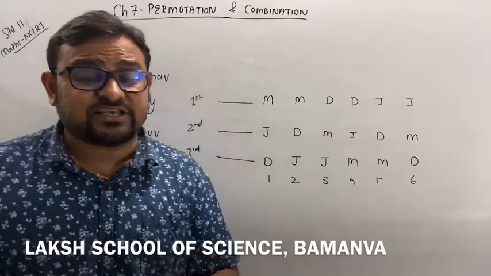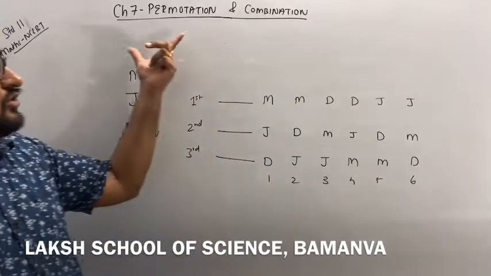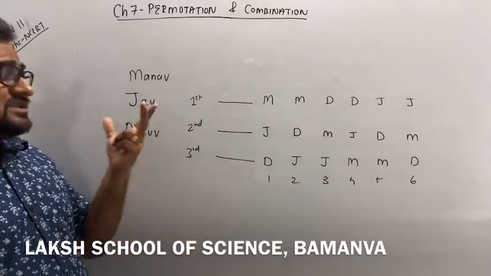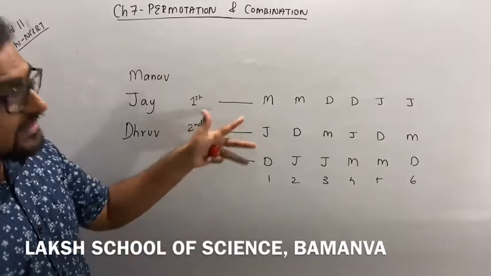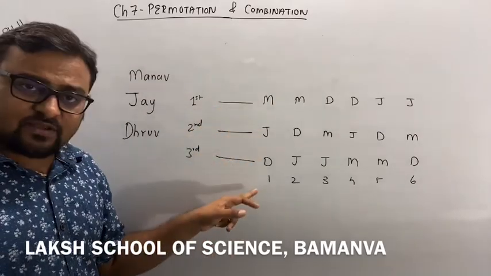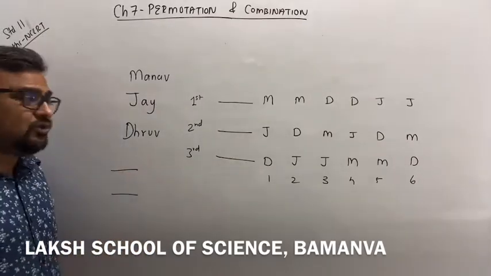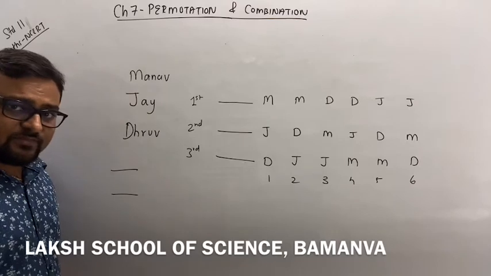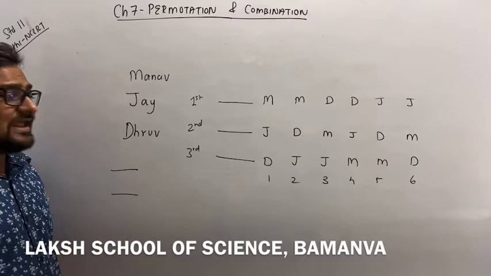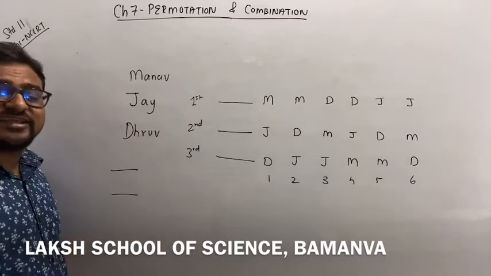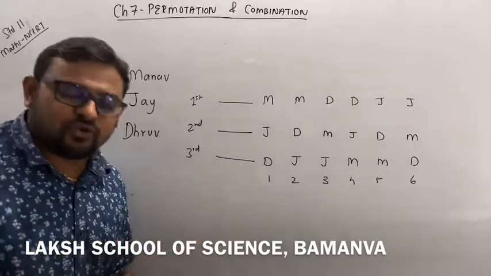Clear? So this is arrangement, and that is called permutation. This is arranging three students, taking all three at a time. It can also be like this: you have only two benches and you have to arrange any two out of three. It means you have to select any two and then arrange them. That is arranging these three students taking two at a time. So this is permutation.